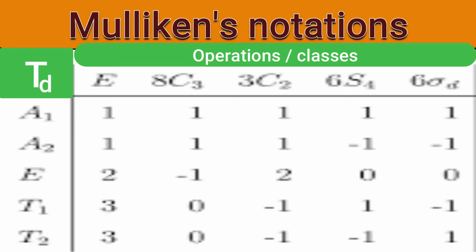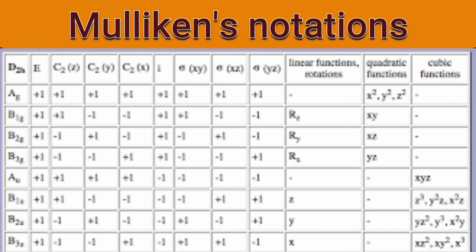It's actually the main purpose of Mulliken notation to distinguish irreducible representations. About the subscript, variation may be possible, but about the terms for 1 dimension, 2 dimension, 3 dimension, there will be no variation. This is a good example where you will understand how we use the subscripts 1, 2, 3 and so on. Such multiple subscripts are necessary only for distinguishing the main terms, that's A, B, capital E or capital T.